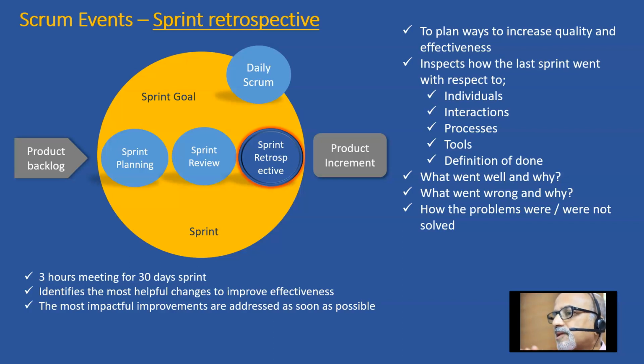Very often we say that success and failure of a sprint doesn't matter as long as we learn from a sprint and incorporate the corrective actions in the subsequent sprint. If that doesn't happen, then sprint after sprint you will fail. That will be very dangerous for the sprint. So the sprint retrospectives and the incorporation of the lessons learned in the subsequent sprint is very, very important for the successful delivery of the product on time.